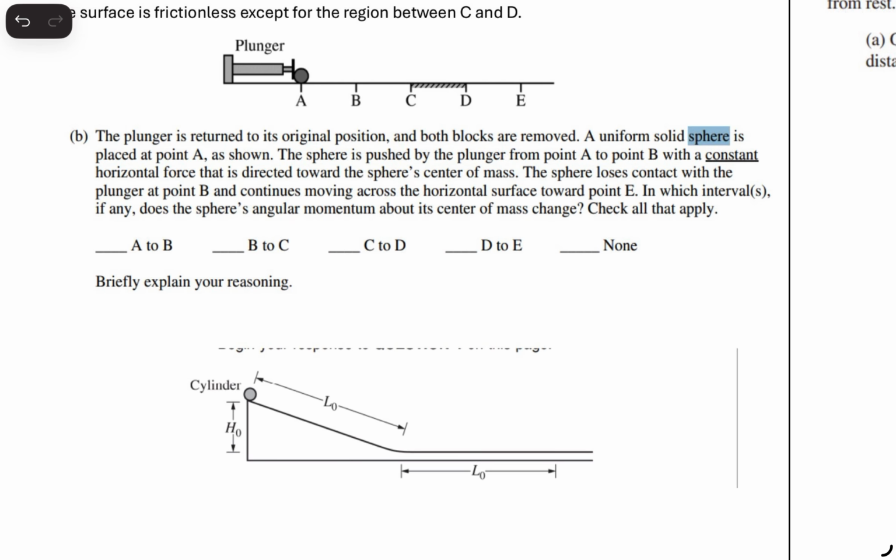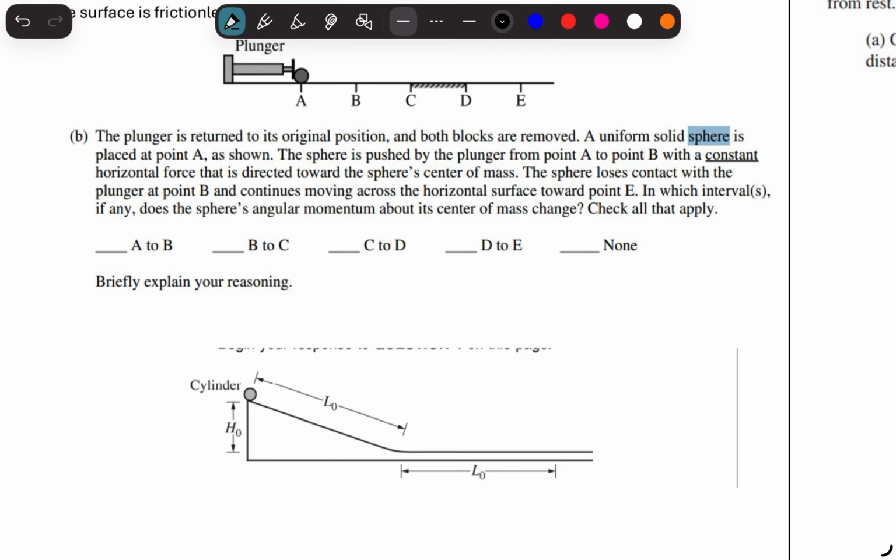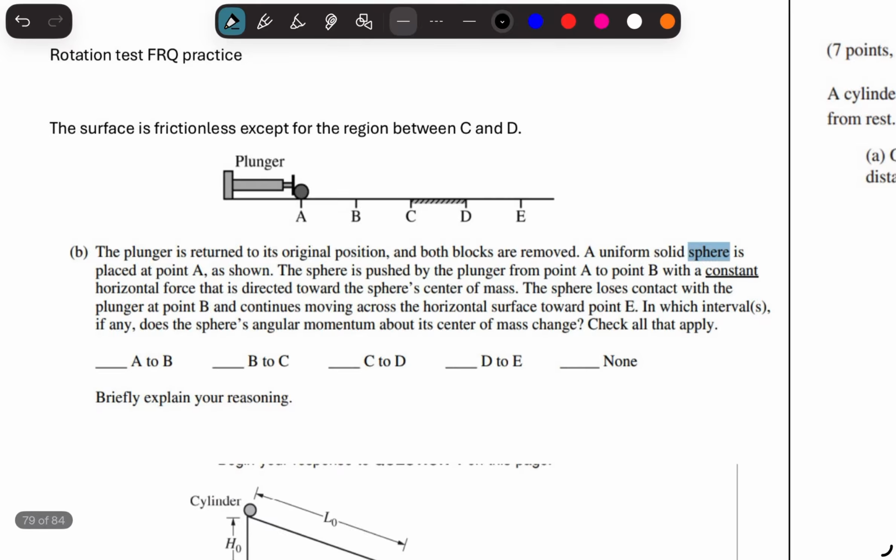The sphere is pushed by the plunger from point A to point P with a constant horizontal force that is directed toward the sphere's center of mass. The sphere loses contact with the plunger at point B and continues moving across the horizontal surface toward point E. In which intervals, if any, does the sphere's angular momentum about its center of mass change? Check all that apply. So, what we know is we have the force of the plunger, which is horizontal and